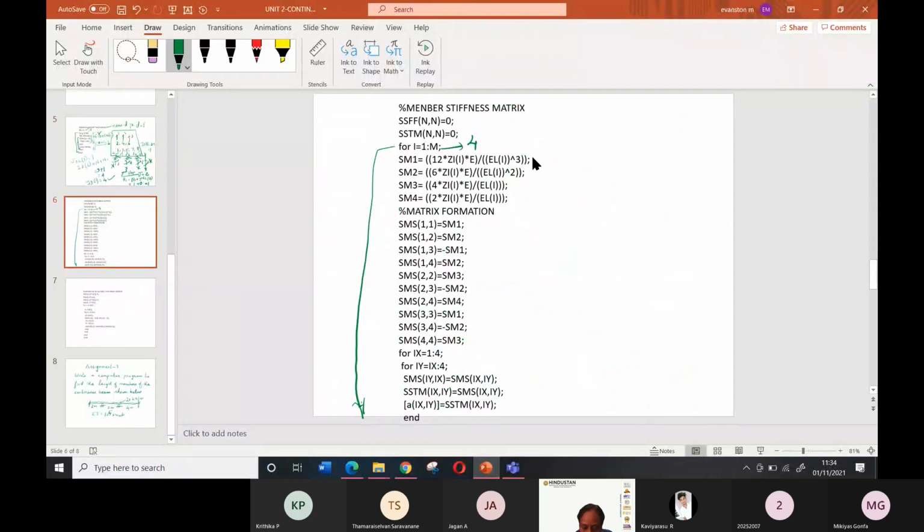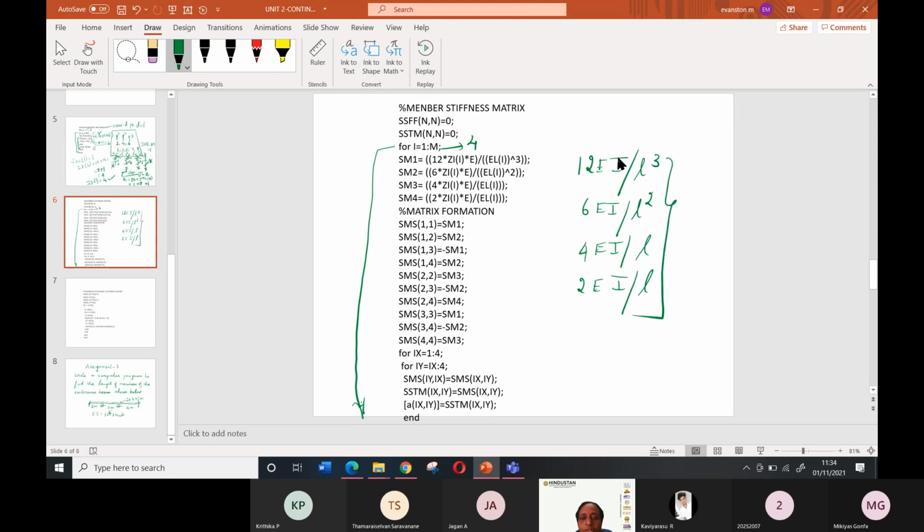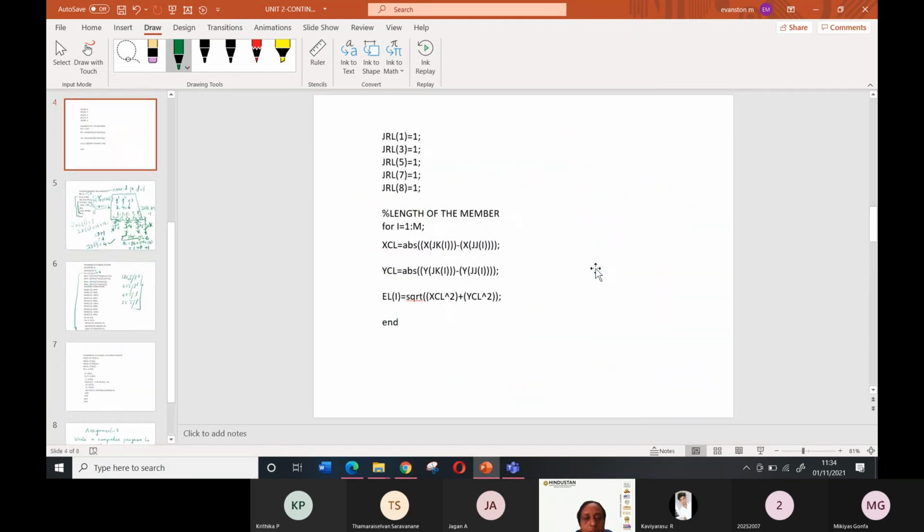That is 12 EI by L cube, then 6 EI by L square, then 4EI by L, then 2EI by L. So these are the four quantities you have to calculate. When you are calculating 12EI by L cube, how to write 12 into EI value? I have represented it by Zi of 5. If you want to refresh, I'll go there.